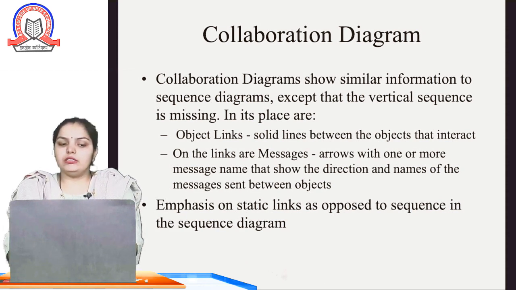On the links are the messages, arrows with one or more message names that show the direction and the names of the messages sent between the objects. So it basically emphasizes the static links as opposed to the sequence in the sequence diagram.